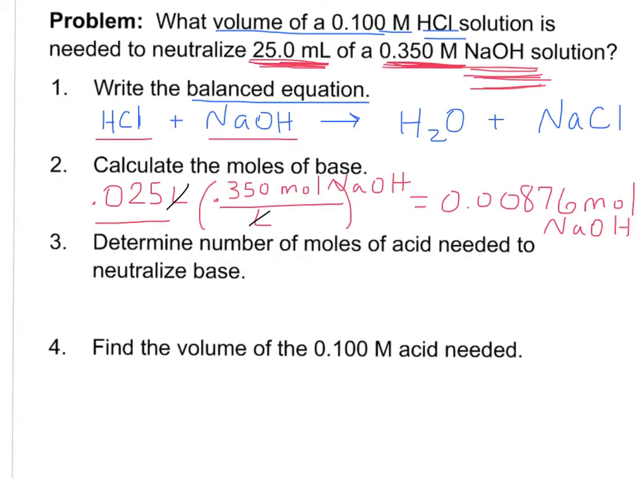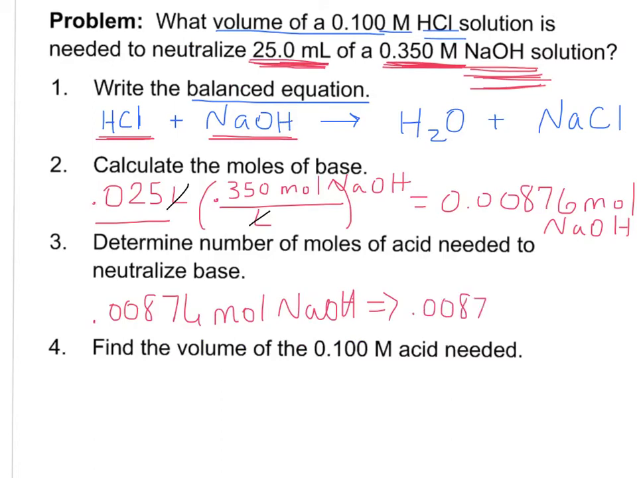Remember, neutralizing means we're just going to have exact equal amounts. So the mole to mole needs to work out. This is really easy because I have a 1-to-1 mole ratio, right? So if I have 0.00876 moles of sodium hydroxide, that's going to yield the same, right? Because I'm going to have a 1-to-1 mole ratio. So 1 mole of sodium hydroxide equals 1 mole of hydrochloric acid. I'm going to get the same number of moles of hydrochloric acid needed to,